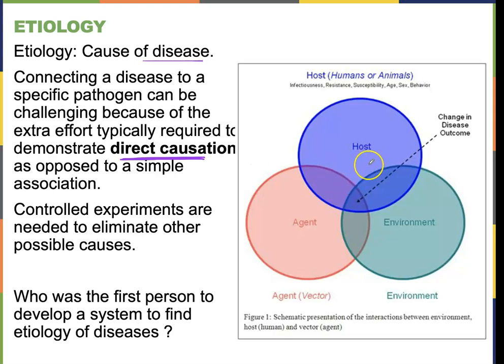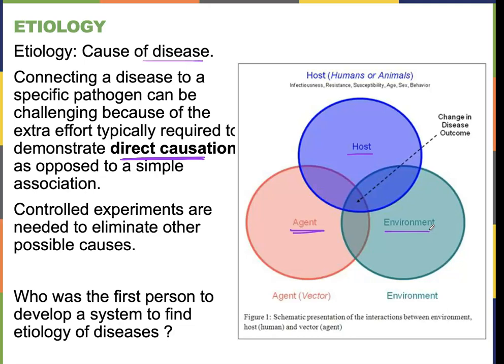If you look at this chart, you have the disease, right? And these are all variables to how the disease is going to present, right? So you need the agent, the vector. Sometimes you can get a weak, not very virulent form of the virus, or a very virulent form of the virus. You can have a host that is immunocompromised. Maybe the host is older. Maybe the host is a baby. Maybe the host is a perfectly healthy person. So the immune system of the host, the genetics of the host plays a role, and also the environment. So what kind of environment are you in?